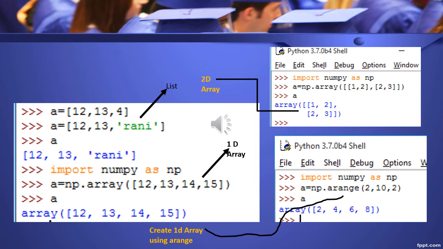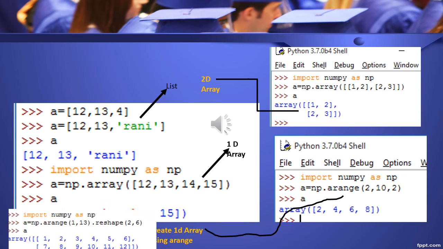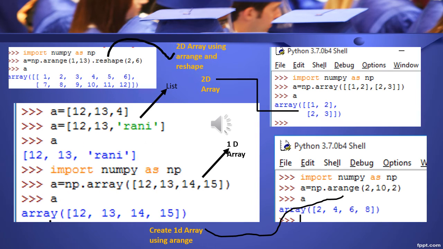See here np.arange(1, 13): starting value 1, ending value 13 minus 1, that is 12, and the step value is not given, so the default value is 1. So 1 to 12 values will be generated, but we want to display them in rows and columns format, so using the reshape method we can create 2 rows and 6 columns. That is the output: 1 to 6 is the first row and 7 to 12 is the second row.